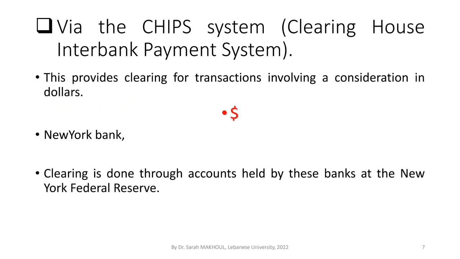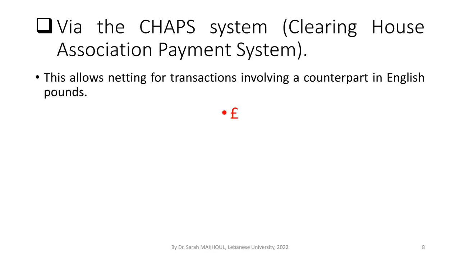When you are dealing with the CHIPS system, the Clearing House Interbank Payment System, it provides the clearing for transactions involving US dollars. So you will be dealing with the Bank of New York. Clearing transactions are done through accounts held by this bank at the New York Federal Reserve in the United States of America. Once you are dealing with CHAPS, the Clearing House Automated Payment System, this platform allows clearing of transactions